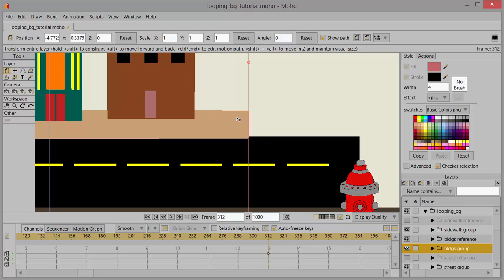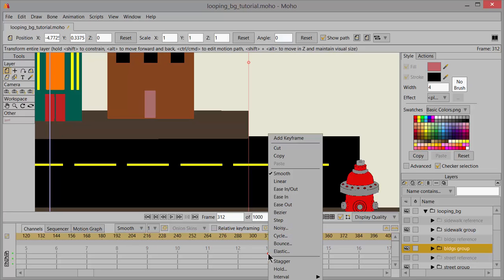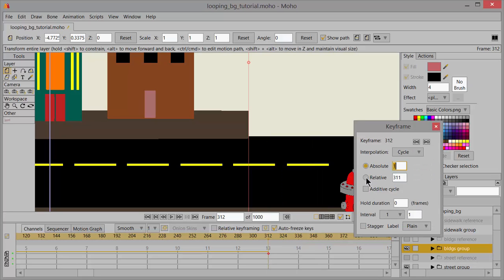So right there. Once you've got it, you can shut off the buildings reference. And back in the timeline, at the keyframe on 312, we're going to select that keyframe, right-click, choose Cycle. Choose Relative, change this to 310,